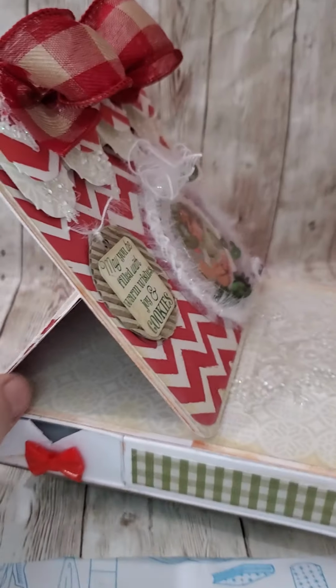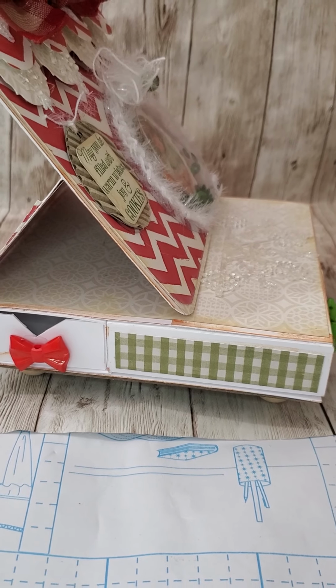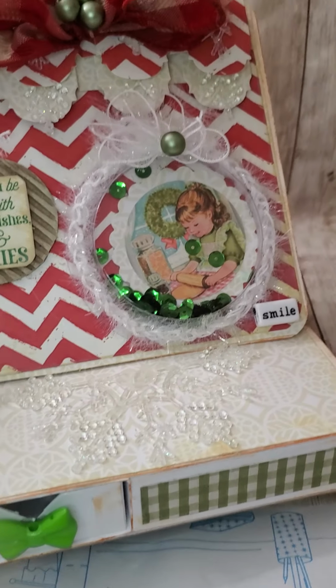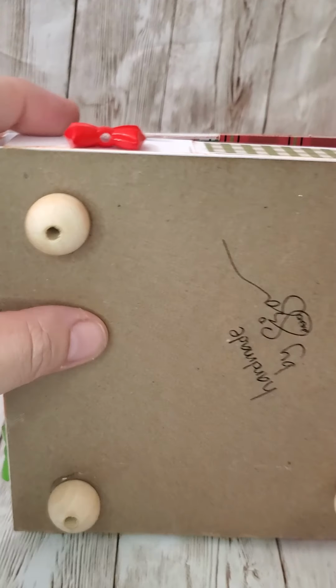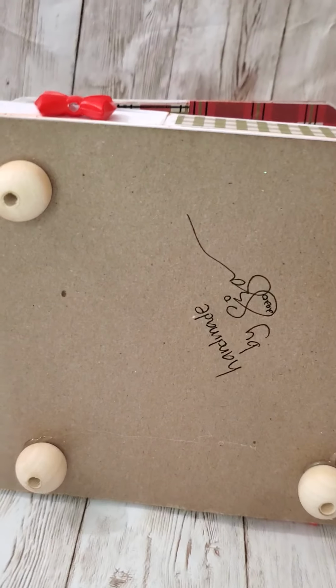So again, this is an easel card, and I had a lot of fun with it. It's really easy to do. You just cut, score, glue, and the best part for me, the therapeutic part, is the decoration and how to do the front part. So basically, this lays flat when you gift it, and the only difference from what I did in the video, if you follow the tutorial, is I added feet to it, which are the wooden little knobs that I got from,